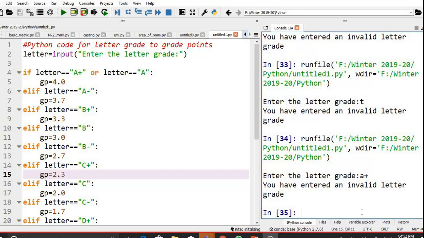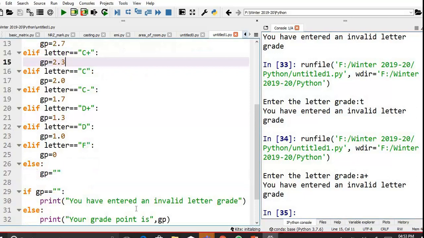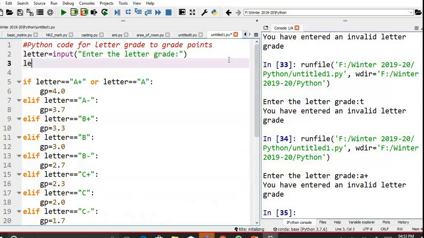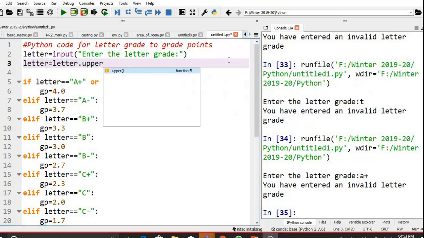So whether the student enters valid letter grades in small or capital letters, you can make your program handle it. A plus is supposed to display 4.0, but it is saying enter a valid grade. How will I address this issue? I'm just using letter equal to letter dot upper.